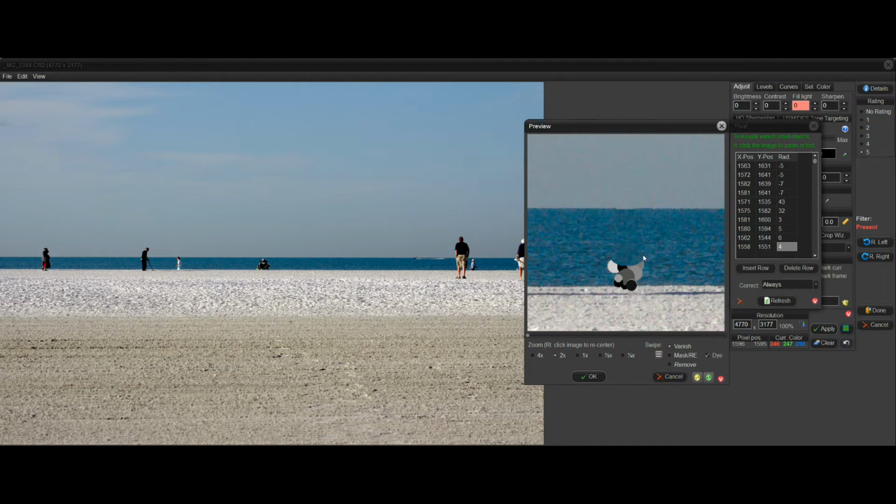And already we've gotten rid of most of that person that was walking on the beach there. Down here I'm just going to take off these edges just to round off this area a little bit. Again, don't want to go too far. And for down here, and this part is